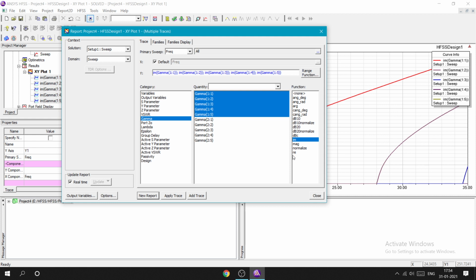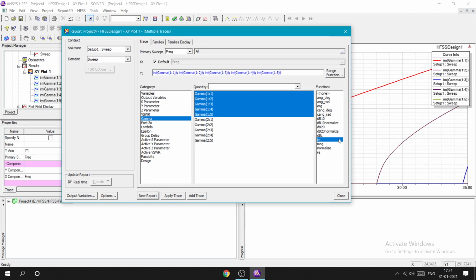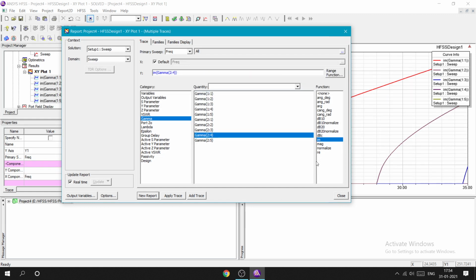Before selecting, it should be in dB. It's in dB only, but I don't know why it is not sliding. Sorry, it should be imaginary. Select imaginary, that is im, and press new report.